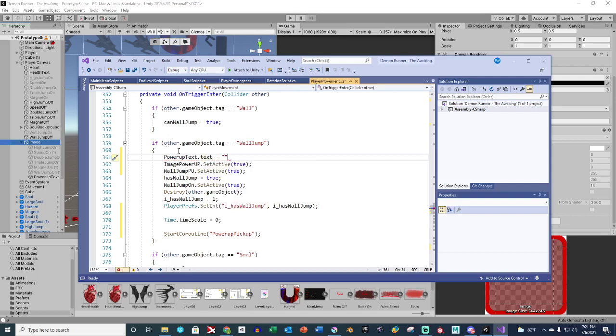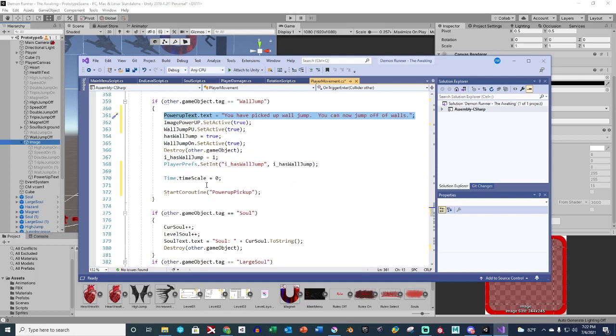And we're going to do this as a string. So you have to have a string input to be able to change the text. What we want to say is, let's see, this is a wall jump. You have picked up wall jump. Can now jump off of walls. So there we go. Now we're actually going to want to copy this because we want to paste this in